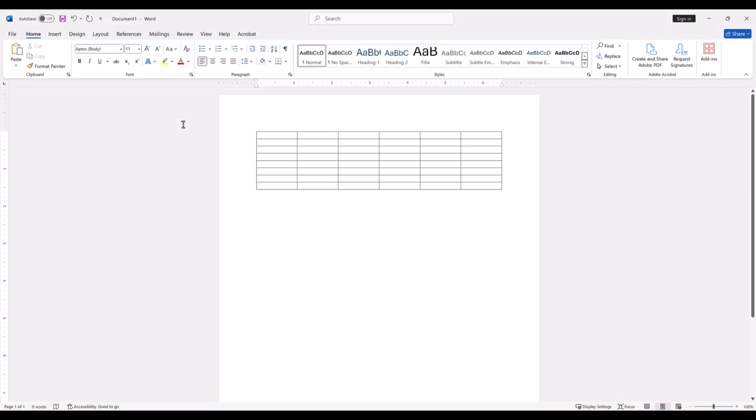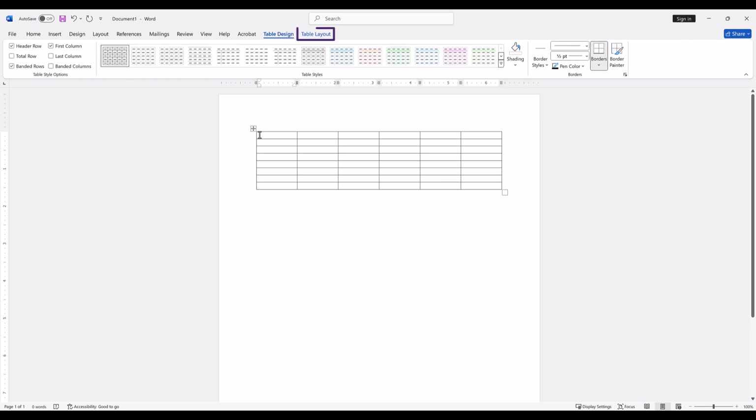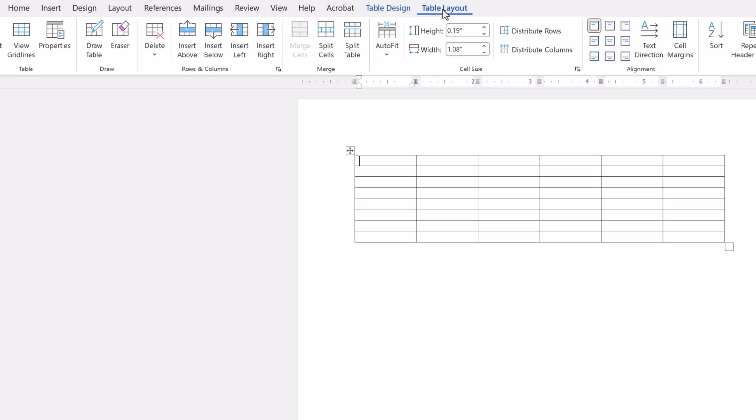Now that you have your base table, you can begin modifying it. To start, insert a new row for your header. To find the tools to do that, click inside the top row of your table and the Table Layout tab appears in the ribbon. Open the tab and all of the tools for deleting, inserting, merging, and adjusting cell sizes appear. With your cursor still in the top row, navigate to the Rows and Columns group and select the option